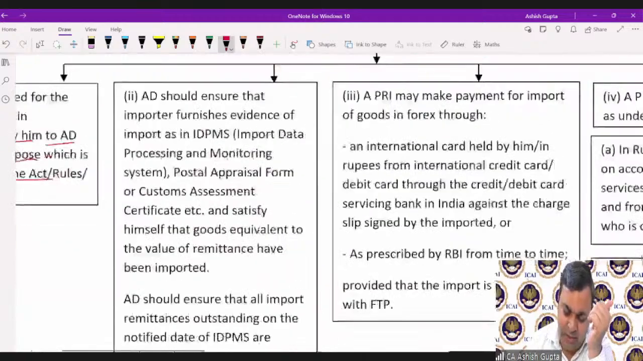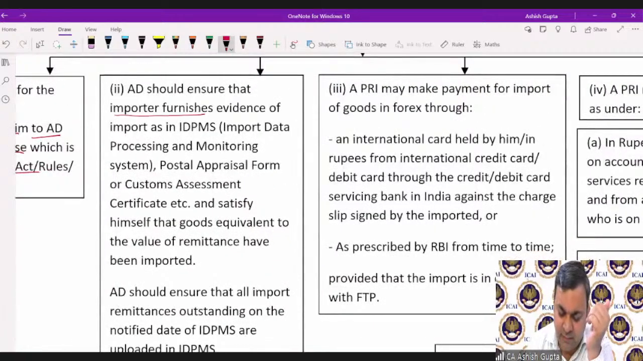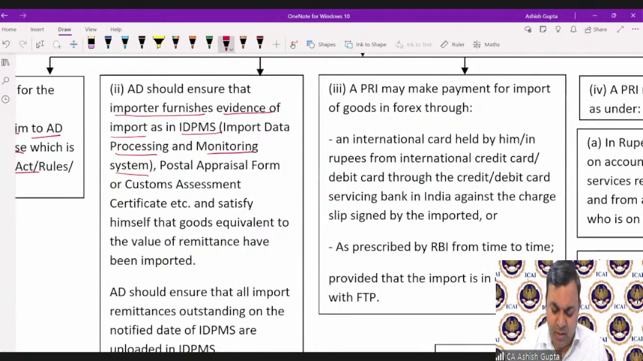AD should ensure that the importer furnishes evidence of import as in IDPMS, that is called Import Data Processing and Monitoring System. There is a system: postal appraisal form or custom assessment certificate. So you need to provide anything so that we can assess that whatever you are demanding is as per the requirement, as per the department part, and satisfy himself that the goods equivalent to the value of remittance have